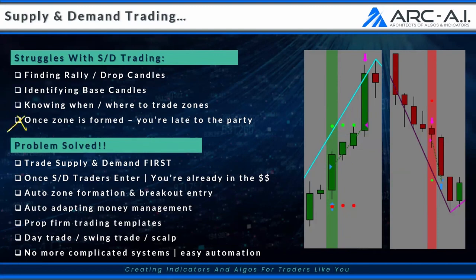But it all comes down to this: once that zone is formed, the reality is you're late to the party. What do I mean, I'm late to the party? Well, the market's already moved, hasn't it? The market came up here, went sideways, and then it broke. So who's the better trader? Now it's up for debate, sure, but do you get in on the breakout and trade before everybody else? Or do you wait for it to pull back, come in, and put the stop here? And what if they're going to just run right through it?